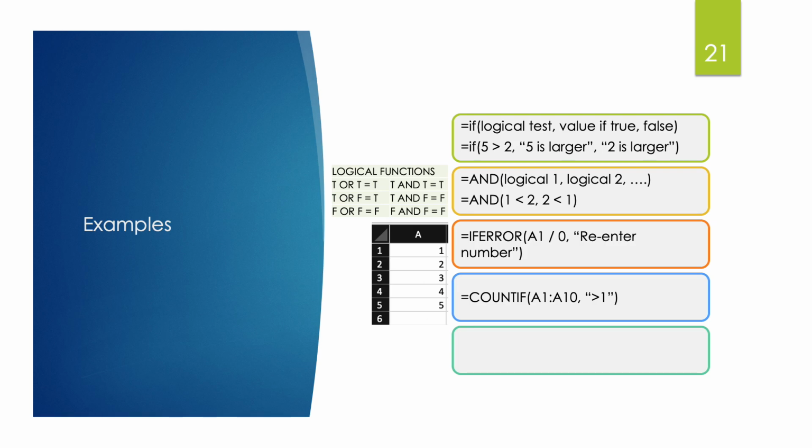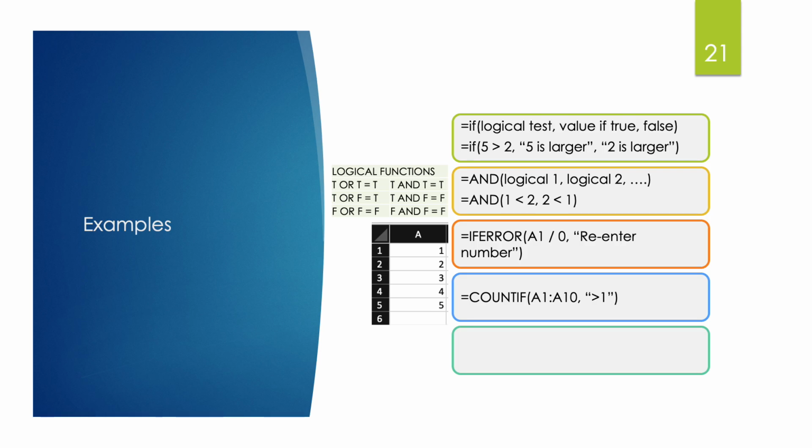Okay, the second one is using the AND, right? In the AND formula, it will take the first logical, comma, the second logical, and so on. For example, over here, we have AND 1 is less than 2, and then 2 is less than 1. So for this logical function, you need to remember back to your AND and OR functions that you have learned in high school, right? So what happens is, if the first one is true and the second one is true as well,